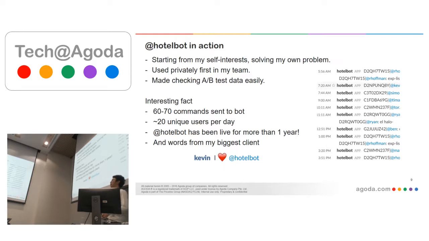Right now there are 6,020 commands sent to the bot, and many users, I think 20 is quite many, use it every day, and it's been here for more than a year. Actually, like 1 year and a week, something like that. And I have one word from my biggest client. He's the product owner of the hotel page team. He says, "I love Hotelbot a lot."